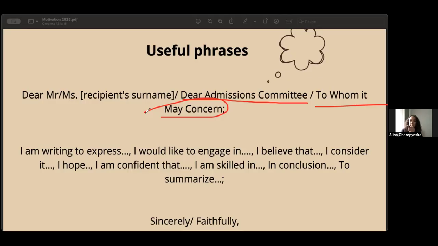About the middle sentences, like I'm writing to express, I would like, I believe, I consider. Once again, a lot of I, but it doesn't mean that you need to use all of these sentences in your motivational letter. Diversify it, paraphrase it, work with your vocabulary, work with the grammatical structure of your sentences. But please do not forget that, first of all, you need to stay focused, you need to have a clear motivation, clear goals, and logical order in your words and in your sayings. Moving next,